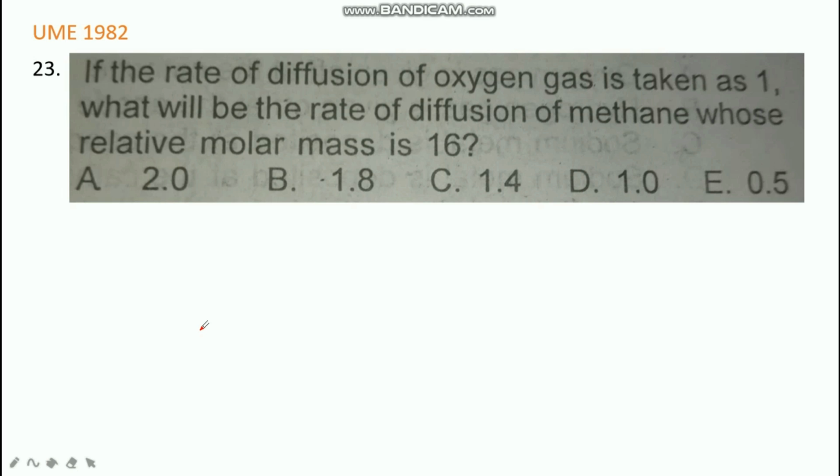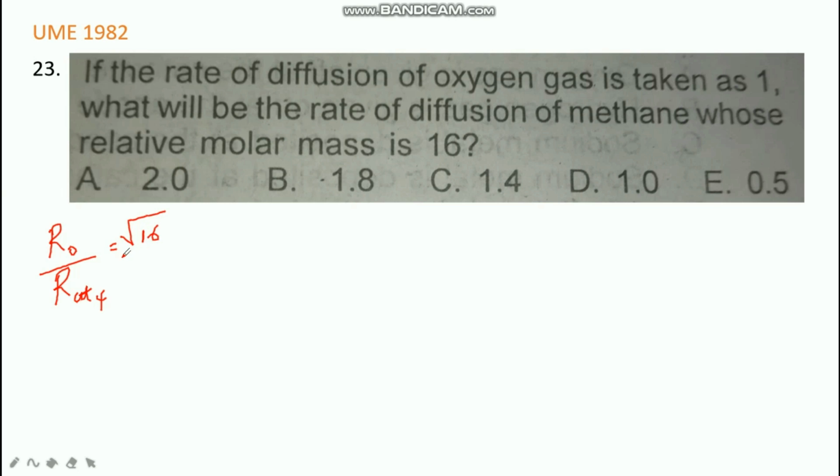The next question is UME 1982 question number 23. If the rate of diffusion of oxygen gas is taken as 1, what will be the rate of diffusion of methane, whose relative molar mass is 16? Okay. The rate of diffusion of oxygen over the rate of diffusion of methane is equal to the square root of